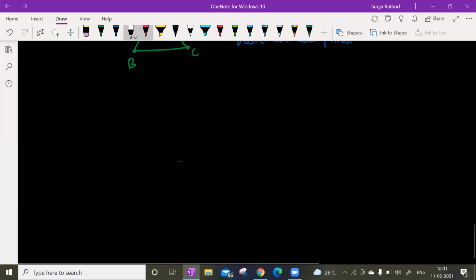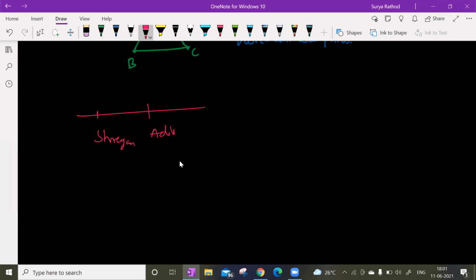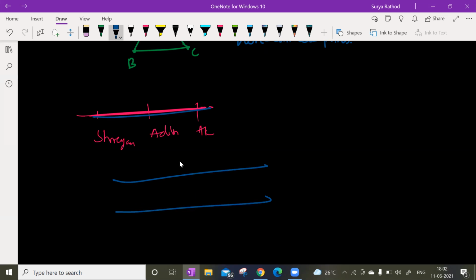But I do not understand collinear or non-collinear. Collinear means nothing, man. Look at the first line. Here Shreyan is sitting. Here Aditya is sitting. Here Akshit is sitting. If all these 3 people are sitting on the same platform, that is collinear. You guys all are collinear. For suppose Shreyan is sitting here, Aditya is sitting here, Akshit is sitting here, you guys are sitting in triangle form, you are not collinear. In different places. If you are all sitting on the same line, for suppose on a railway track, Shreyan is sitting here, Aditya is sitting here, Akshit is sitting here, right?